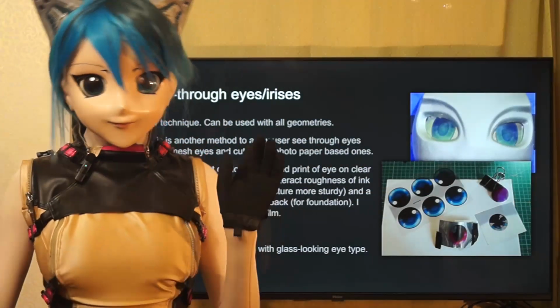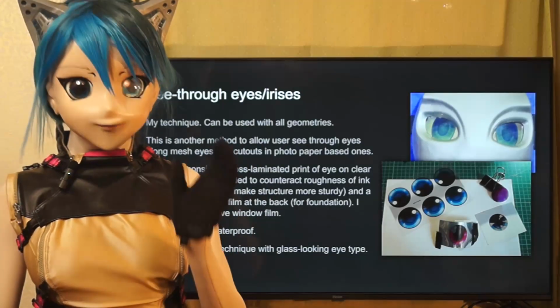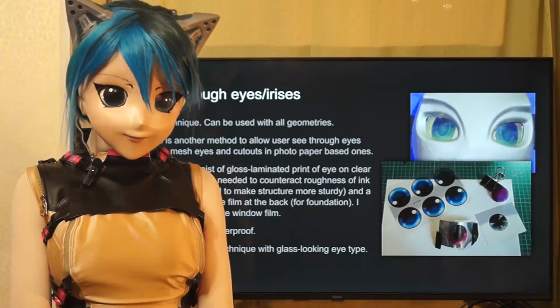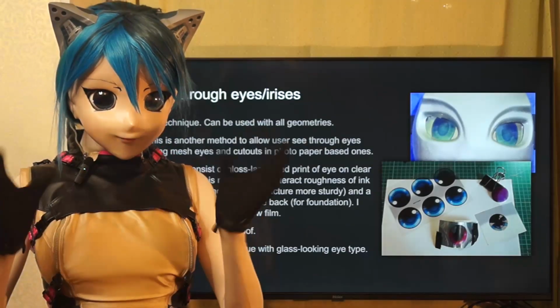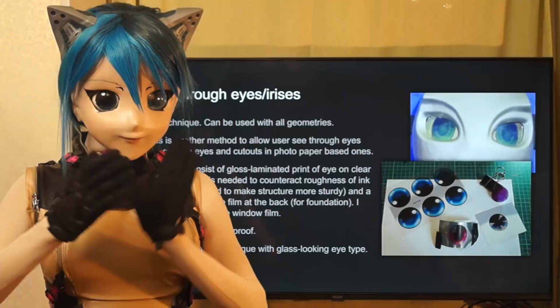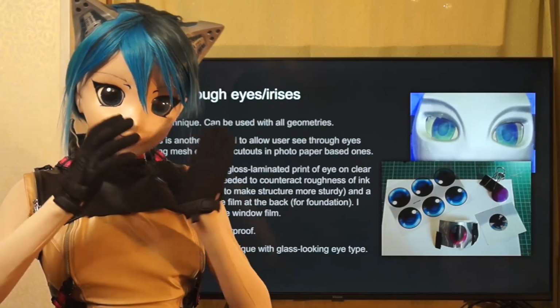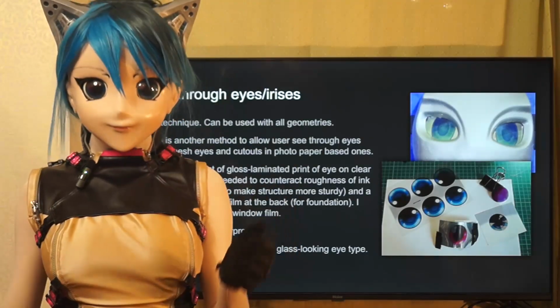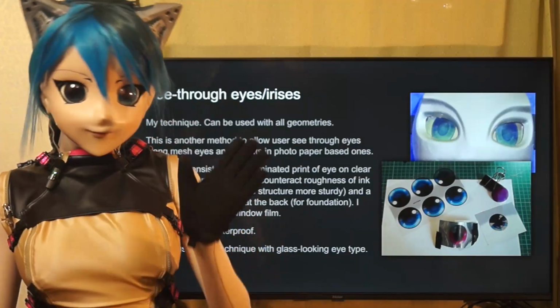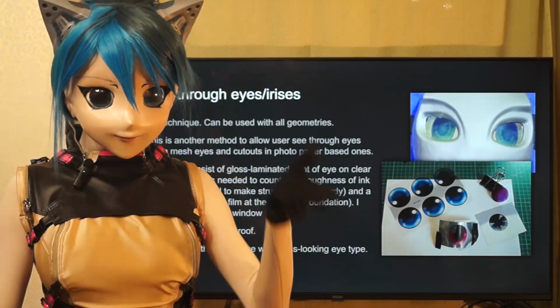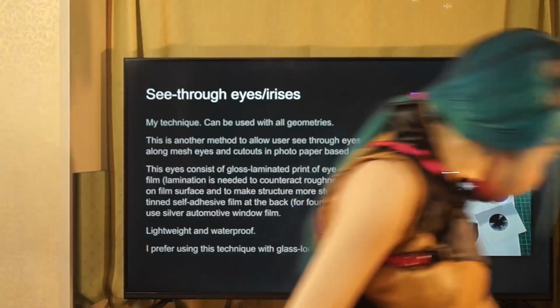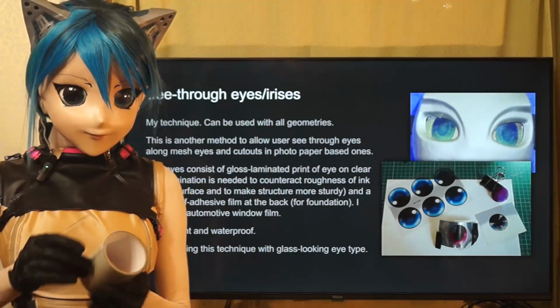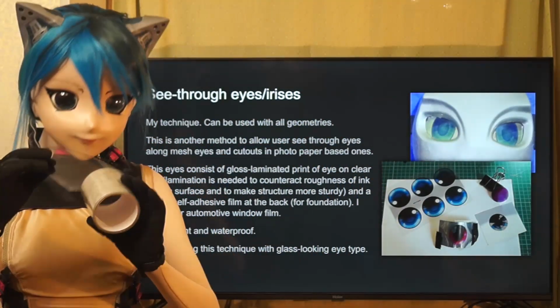By the way, this technique is not just useful for the eyes. If you make a gem that has a flat area that is going to rest against some surface, put the mirror film or something like that at the back. Oh, by the way, I almost forgot to mention, instead of laminating, I recently tried this clean film,